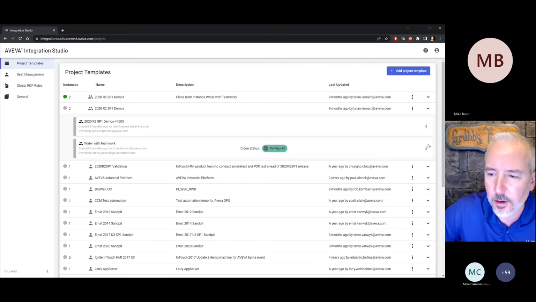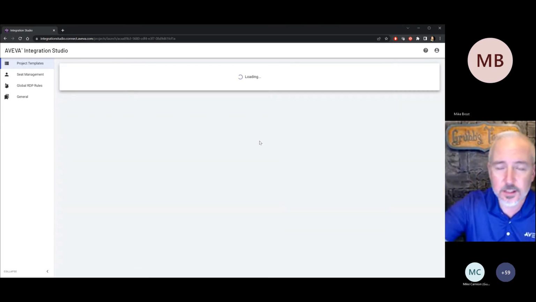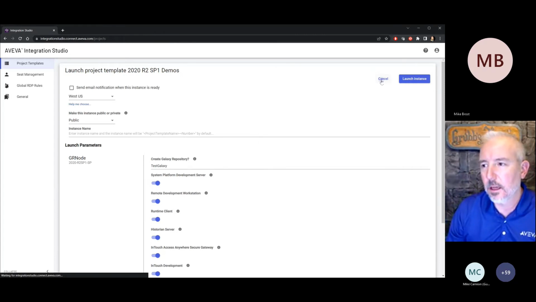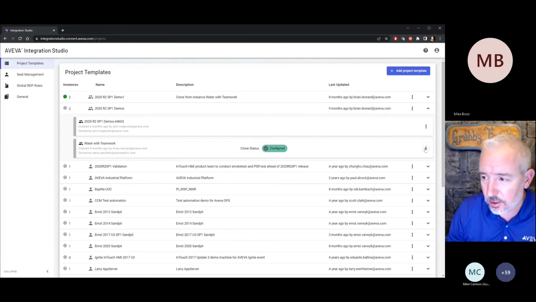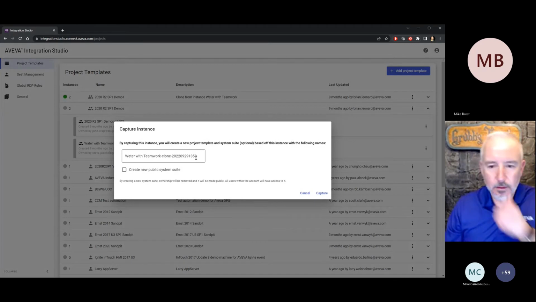But now I want to recreate that. Do I have to do it all over again? Well, you can if you want to. You can click Create Instance, and it'll create another instance of those VMs, but it'll be from the ground up. You have to start over again. They're all brand new, freshly installed VMs. What you can also do now, which is new, is go in and clone it. I can say Capture Instance, and what that'll do is create a new